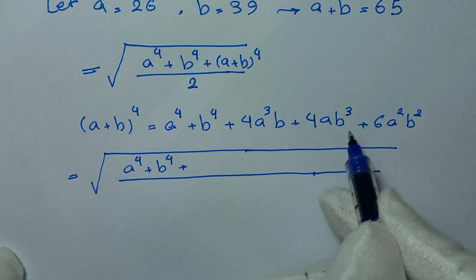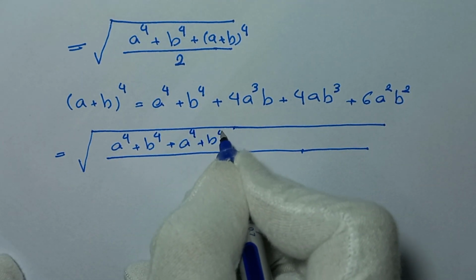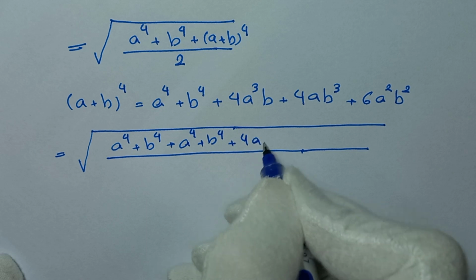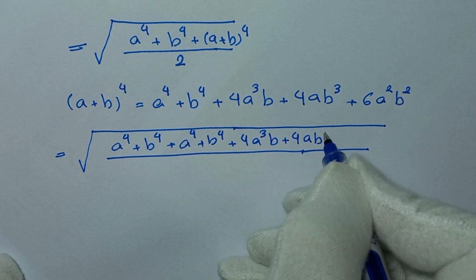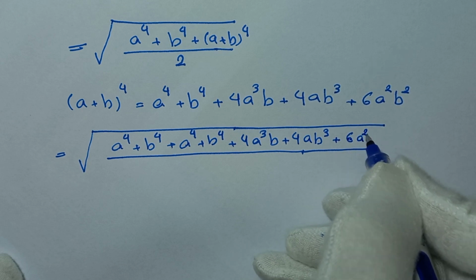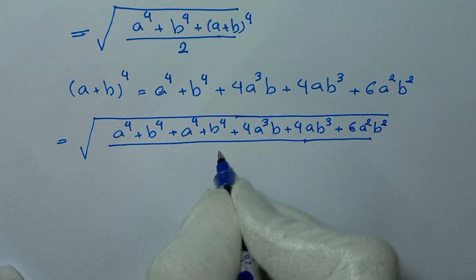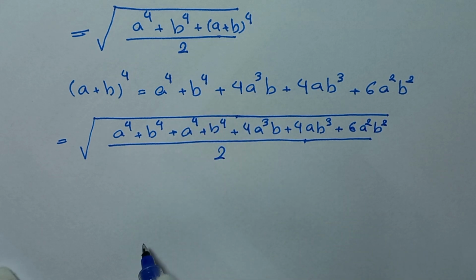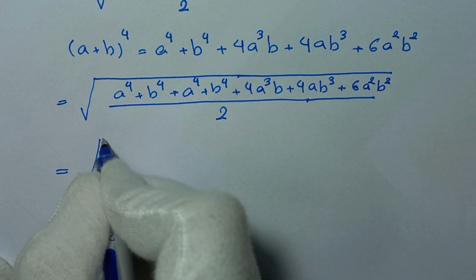We can write this, so it will be a to the power of 4 plus b to the power of 4 plus 4a cube b plus 4ab cube plus 6a square b square, right? And over 2. So in the next step, this is equal to the square root of